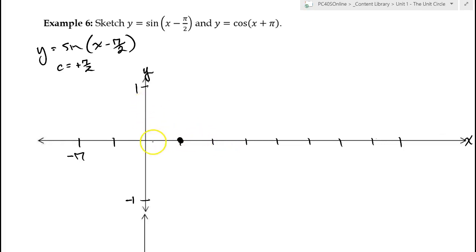Whereas my next 0 would have usually been pi, I'm going to shift it over. 1, pi, 2 pi, 3, 4. Okay, so all of my zeros are going to be shifted over. We're also going to see that in terms of my maximum. If this is my starting point right here,